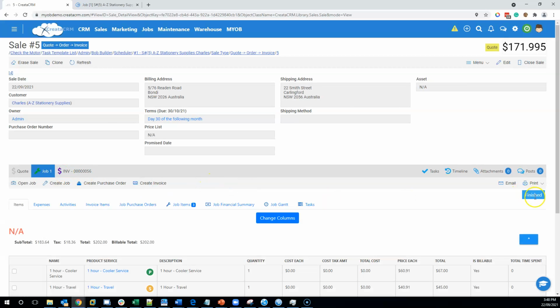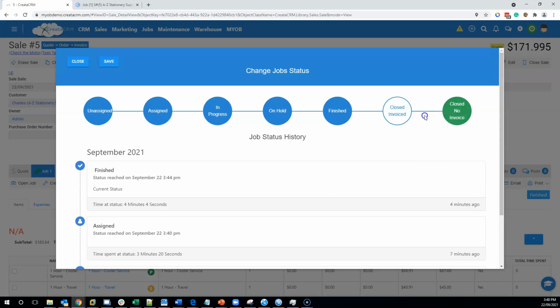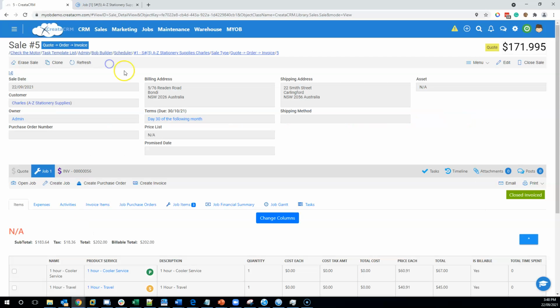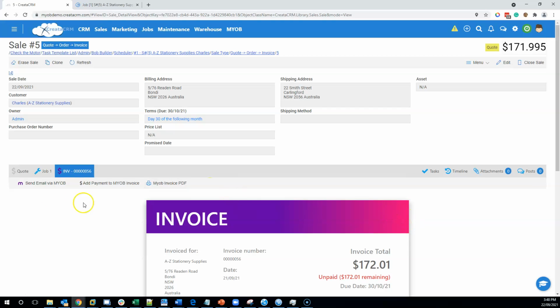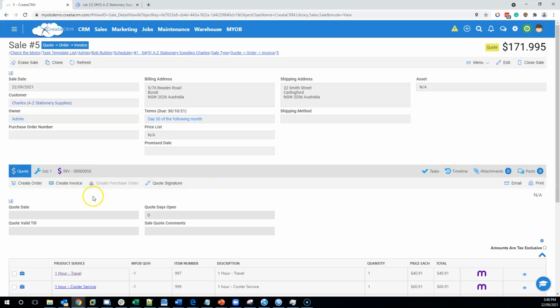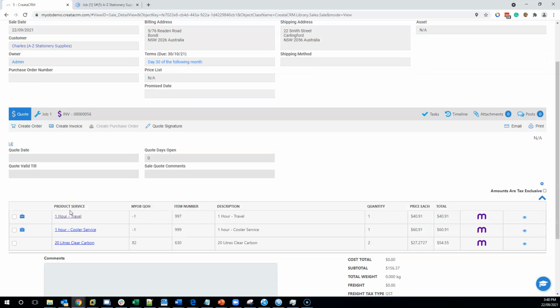So you can actually close it off. It's been finished, and closed invoice, and save that. Okay. So that's closed invoice as a job that has been invoiced across, and there's the quote itself. So that's all in one system that you can do a quote. That's one example. There are many roads to that scenario that people do give out that we can solve in the system, but that kind of helps out with just building some better solutions for your business and having everything